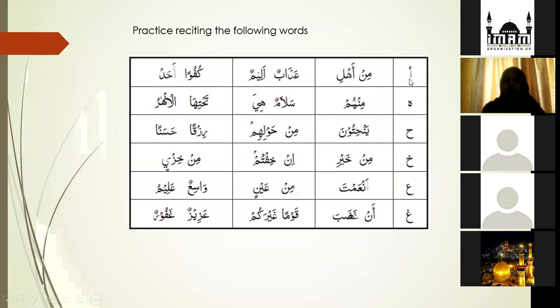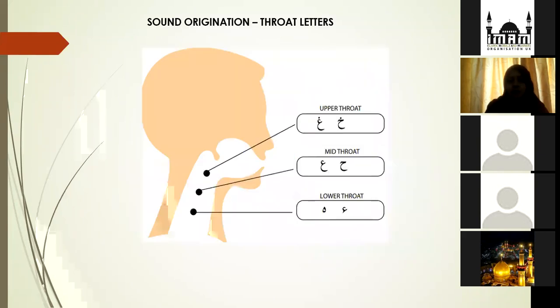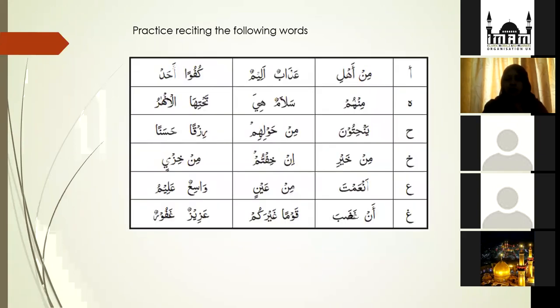So the letter, let's start from the bottom. So let's start with the letter ghain. Ghain comes from the top part of your throat. Now, what I want you all to do at home is put your hand on the upper part of your throat, like you've seen in this diagram. I want you to literally place your hand on the upper part of your throat